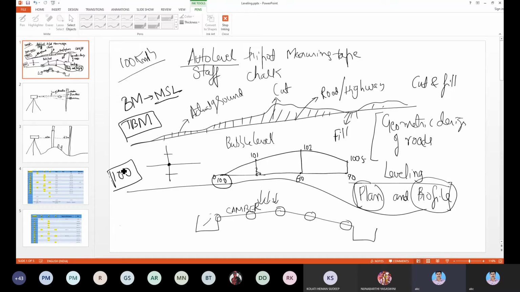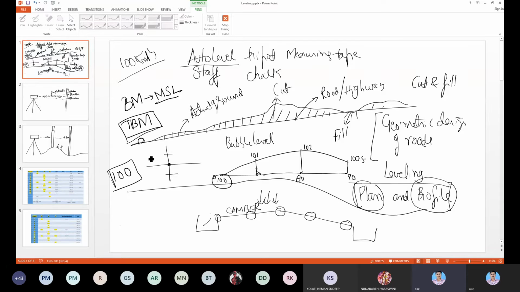But in actual site conditions or actual survey, they will either look for some permanent benchmark or for a temporary benchmark, which will be there for some years so that they can carry further work. Because in future, when they want to resurvey or conduct a survey again, they will carry levels again from the temporary benchmark only. Again, they recheck the levels. This way, this survey is carried out in the field.